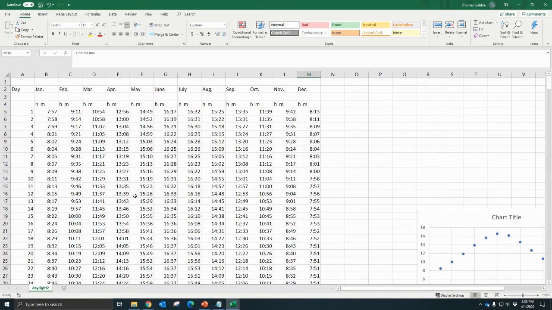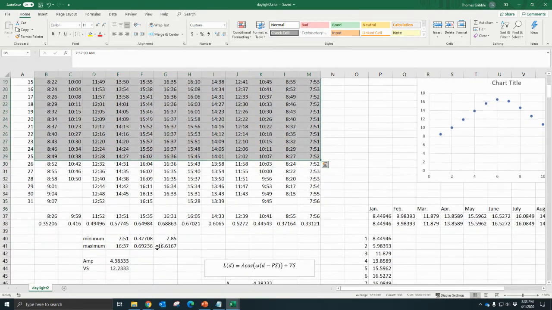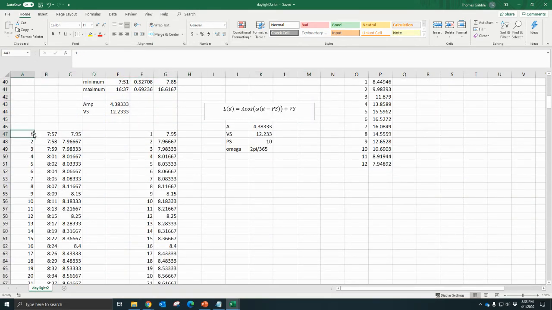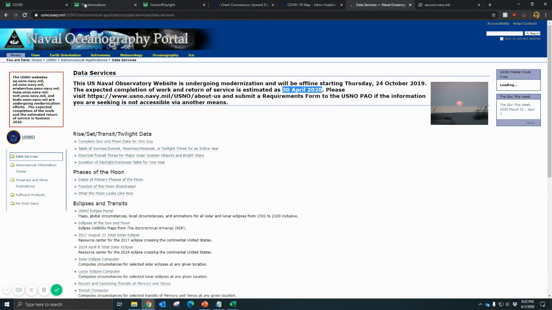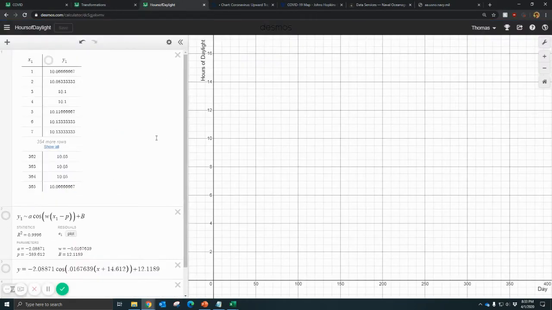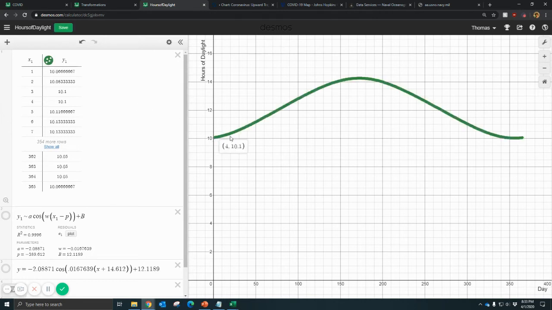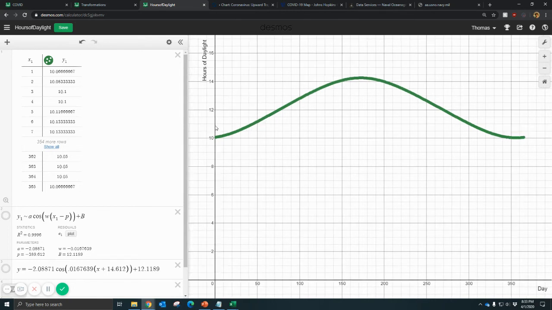So what would happen if I took all these data points and plotted them? That's what I did here. I took all of this data, copied and pasted it, and put it into Desmos. This is what it looks like when you graph that data, and you can see all these dots. This is the first day in January, this is the middle of June, and over here is the end of December. So what is this? Well, you can do a similar thing. You can do a line of best fit, and it produces this graph.